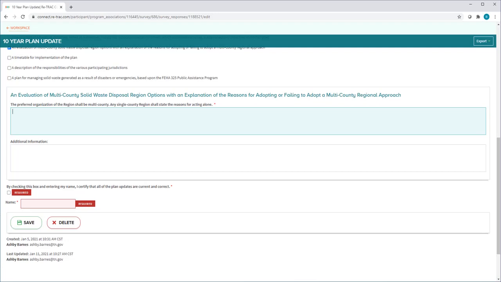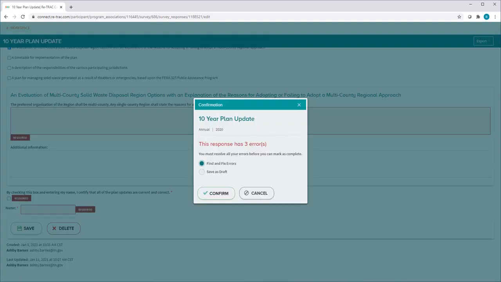And if you're a single county region, what benefits do you gain by acting alone? Perhaps you report and are behaving as a single county region, but you still have relationships with your surrounding counties, particularly in disposal. Add that in additional information so we can understand the relationships and how well the counties work with their neighbors in terms of solid waste management. Then we save as draft,